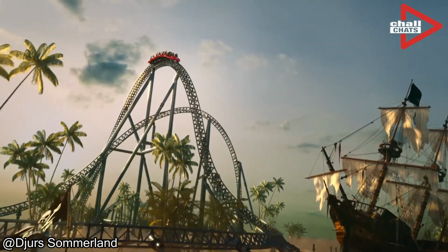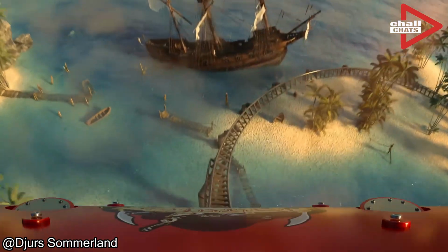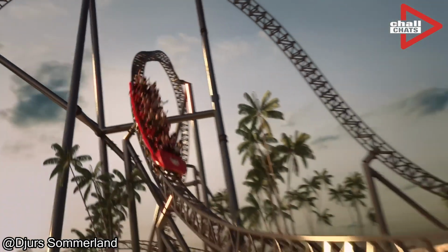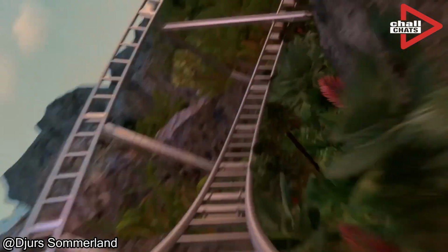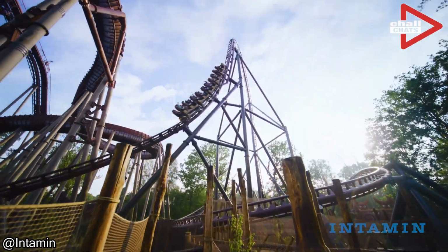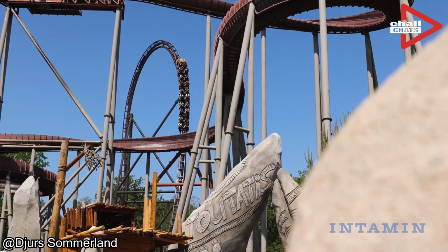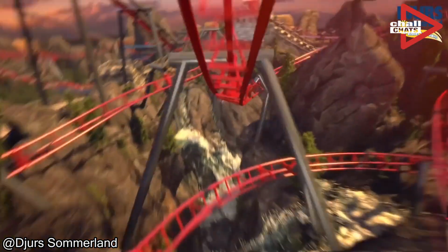Breaking news for thrill seekers worldwide. Rumours are swirling about a potential major addition to Denmark's Djurs Sommerland, and it isn't just any ride. Imagine the speed, the launches, and the airtime of an Intamin multi-launch roller coaster roaring through the park. Could this be Djurs Sommerland's next big thrill, set to take its coaster lineup to a whole new level? Stay tuned as we dive into everything we know so far about what might just be the park's most thrilling